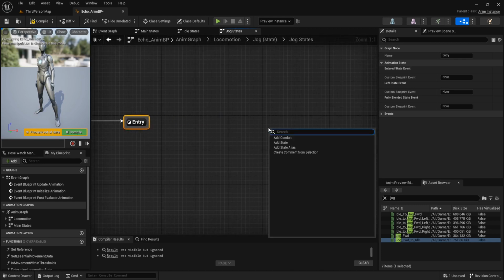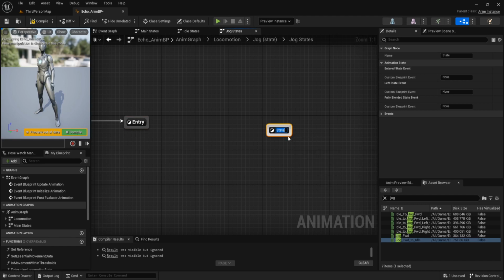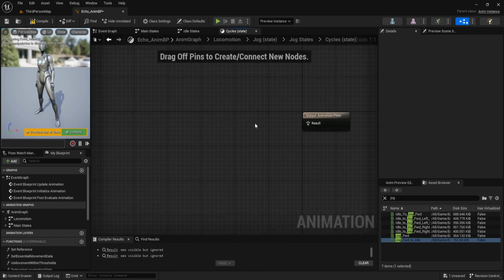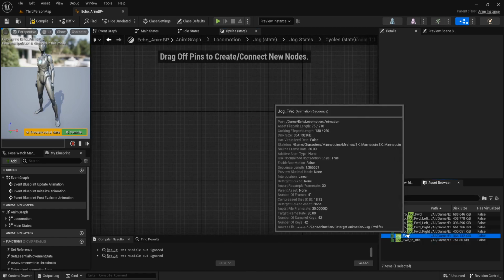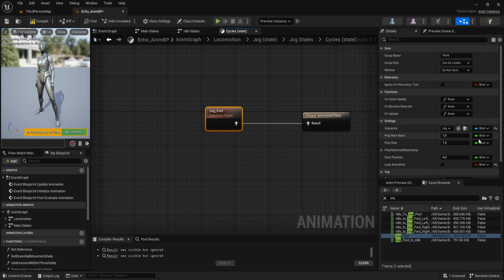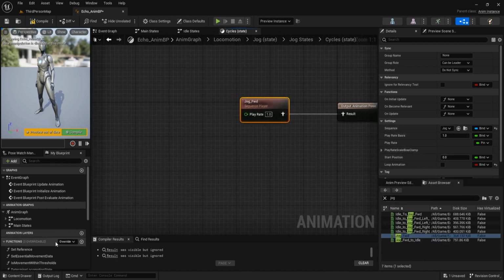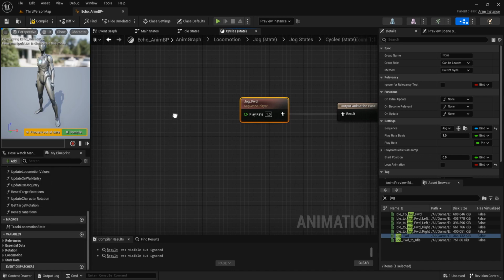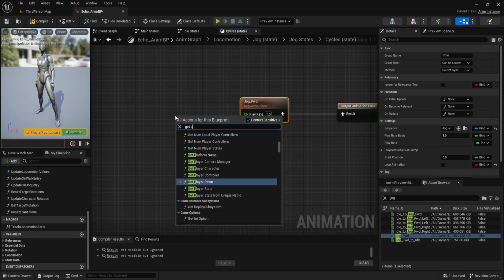And add state. The name is cycle. And make the transition from entry to cycle. And this cycle, we get this jog forward. And then expose this pin. Get play rate.